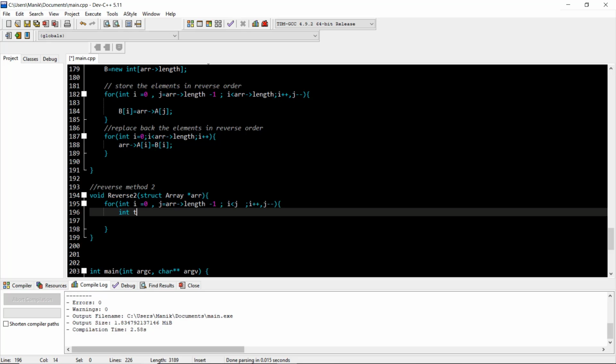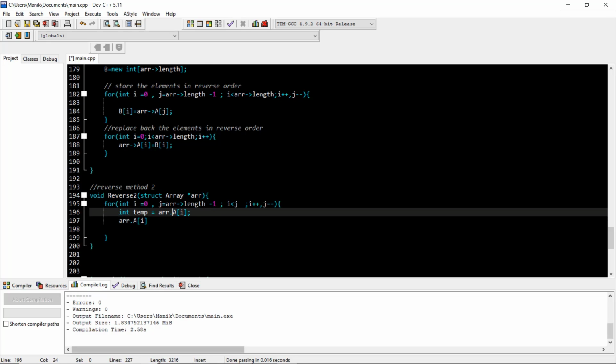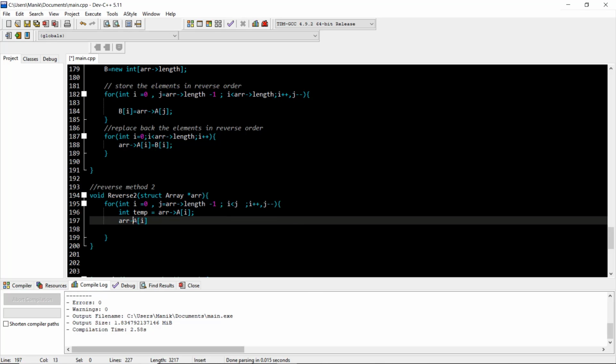So take an integer temp where we store the element arr dot a of i. Simple logic it is. Just take a temporary variable and store it, and at i we put, not dot operator, we don't need dot operator, just remember this thing.